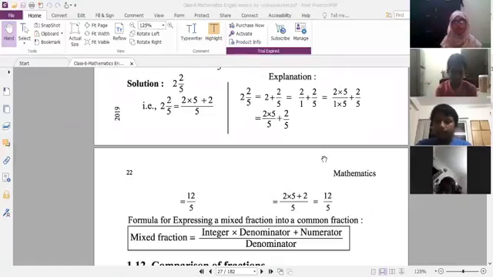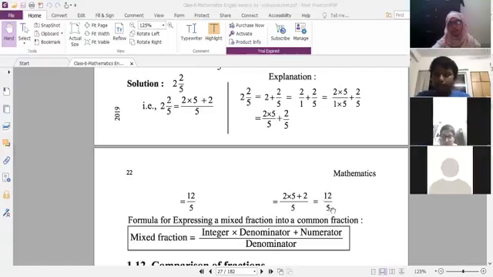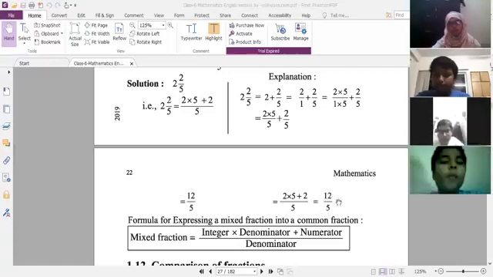ইমপ্রপার ফ্র্যাকশনগুলোকে আমরা মিক্স ফ্র্যাকশনে কনভার্ট করি। আমরা যখন ইমপ্রপার ফ্র্যাকশন থেকে মিক্স ফ্র্যাকশনে কনভার্ট করছি, ঠিক সেম ভাবে আমরা মিক্স ফ্র্যাকশনকে দেখো ইমপ্রপার ফ্র্যাকশনে কনভার্ট করেছি। দেখো এখানে আমাদের নিউমারেটর ডিনোমিনেটরের থেকে বড়। যখনই নিউমারেটর ডিনোমিনেটরের থেকে বড় হয় বা ডিনোমিনেটর নিউমারেটর থেকে ছোট হয়, তখনই তো সেটা ইমপ্রপার ফ্র্যাকশন হয়ে যায়, তখন সেটা প্রপার ফ্র্যাকশন থাকে না। এই ইমপ্রপার ফ্র্যাকশনকে আমরা জাস্ট ইমপ্রপার ফ্র্যাকশন রাখবো না, এজন্য এটাকে মিক্সড ফ্র্যাকশনে কনভার্ট করি।